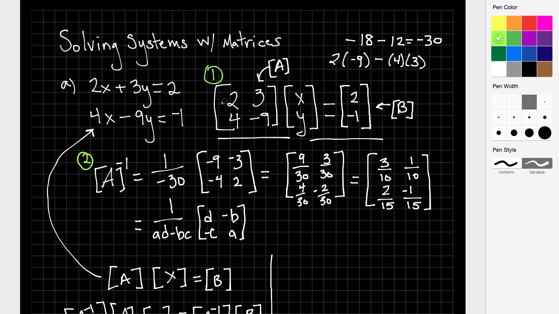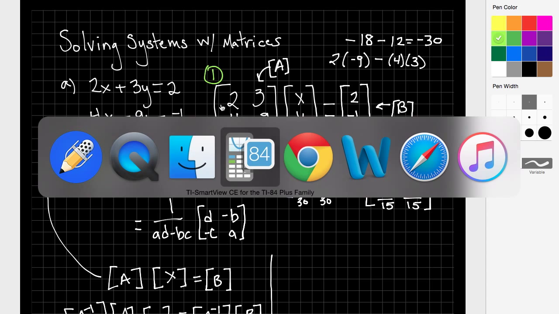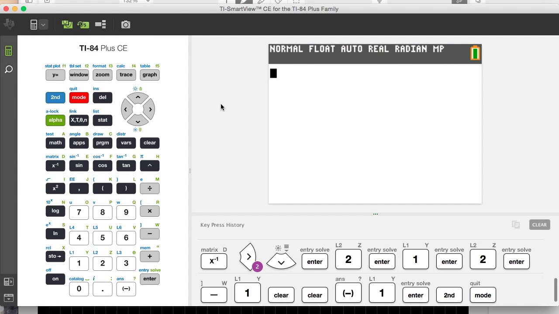Look at solving this system of equations now using a calculator. We've done it by hand, and this isn't a very complicated one because it's only two equations with two unknowns. But we're going to look at the calculator and see how that would work out. So the first step is to enter all of your information using the calculator